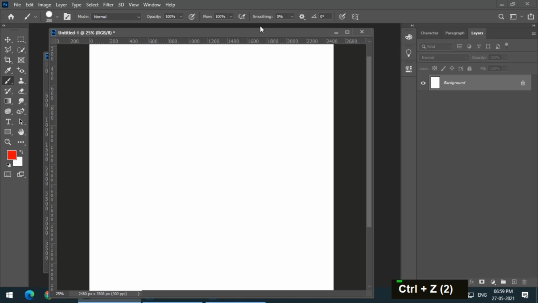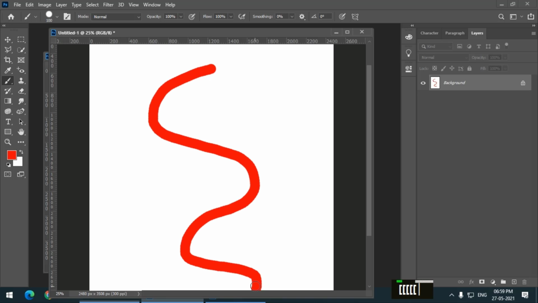Now smoothing is a little bit different from these two properties. Smoothing helps us to draw a smooth stroke. What I mean by that is, let's say I draw a stroke. No matter how much I try, it is difficult to draw a smooth stroke.